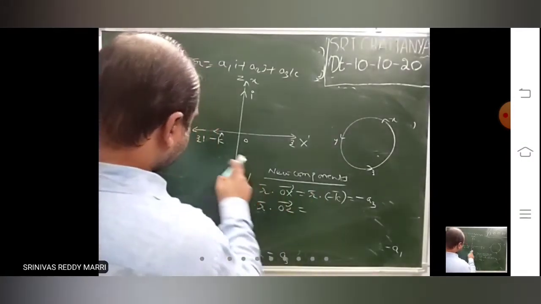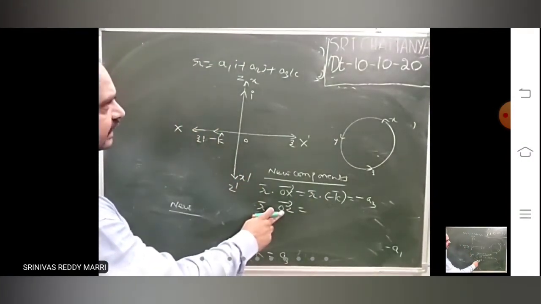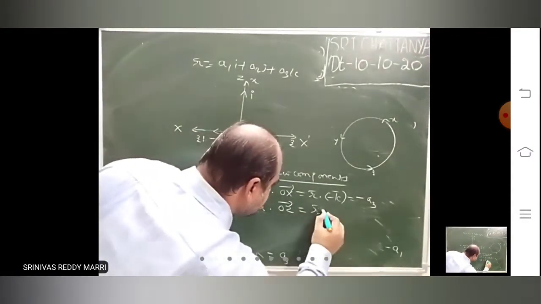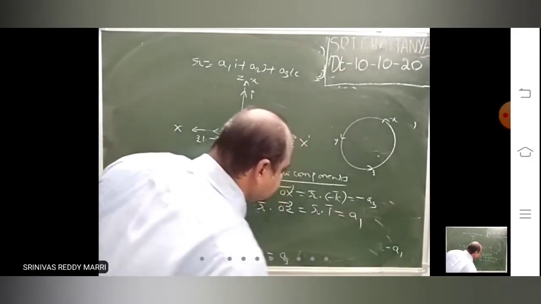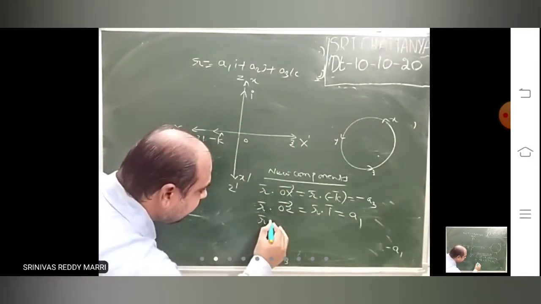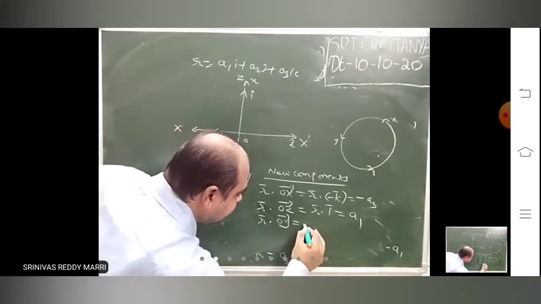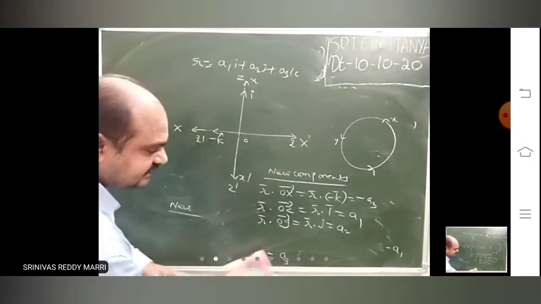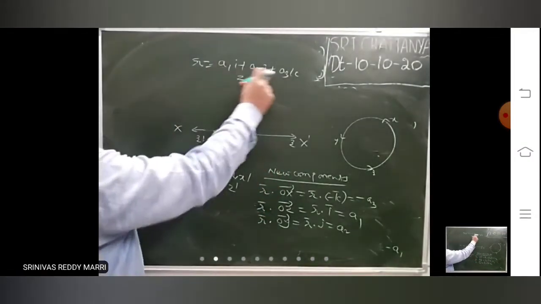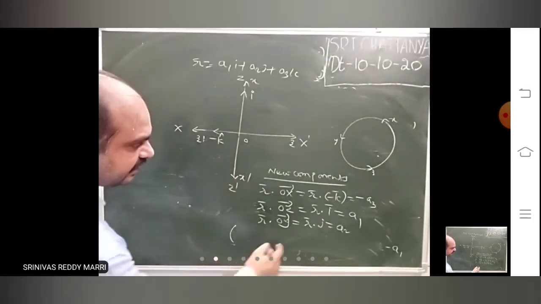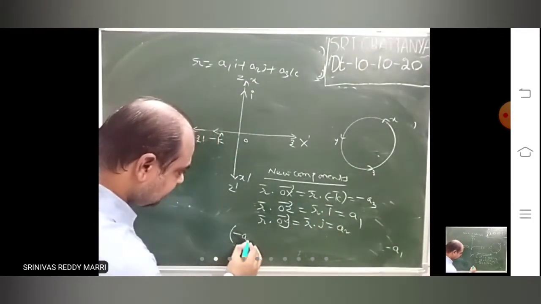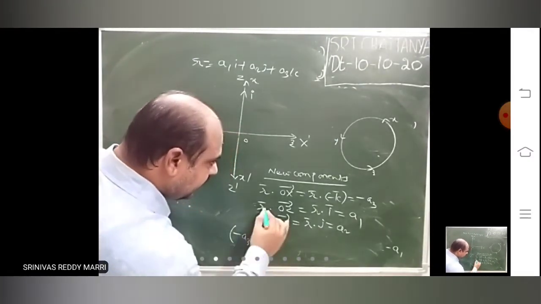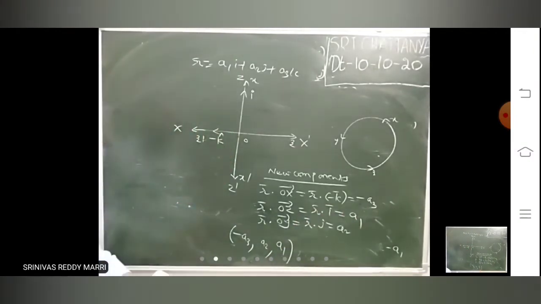R bar dot OX bar is this. So this R bar dot OZ bar is this along that I. That means R bar dot I bar, so this is A1. Along the y-axis, this is the same, not changing. R bar dot J. That means the y-axis is not changing. This will remain the same. This and this will change. Therefore, new components are what? New components are minus A3, comma, along y-axis A2, comma, along z-axis A1.